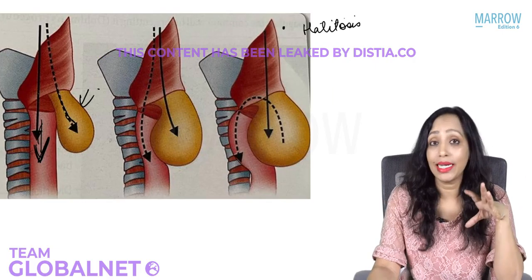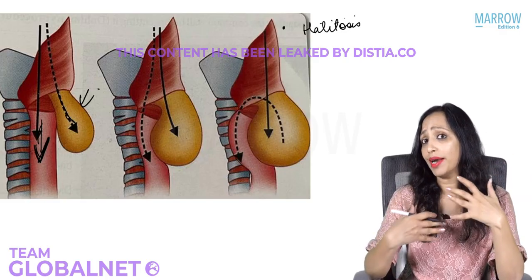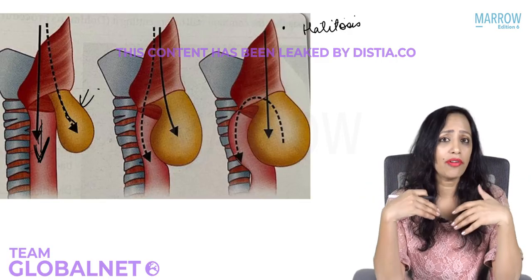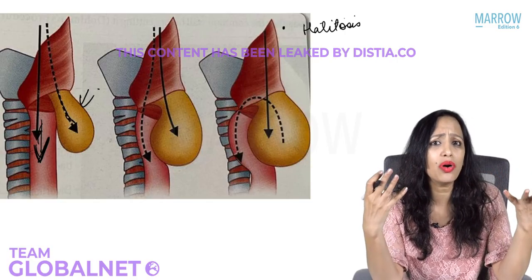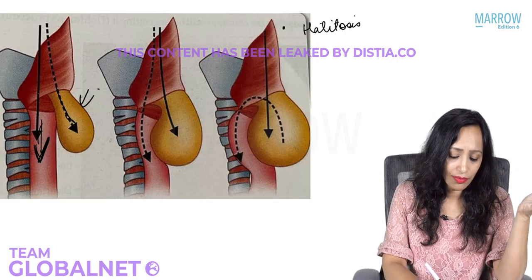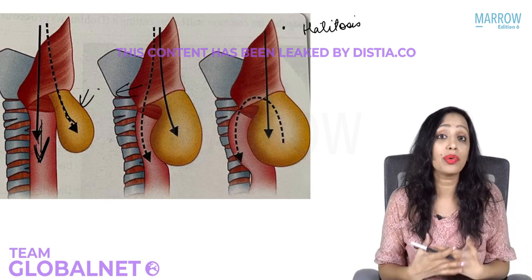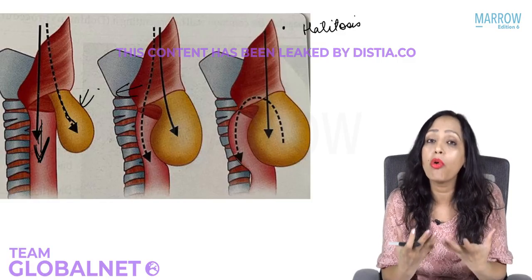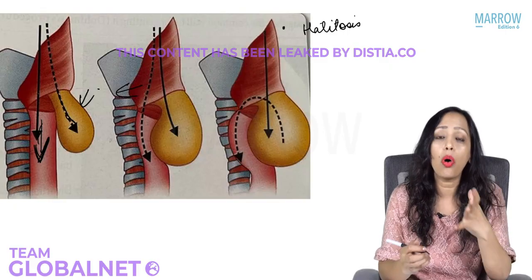Also, when the food is collected here, whenever the patient lies down or otherwise also, the food might get regurgitated, and when the patient lies down, then this regurgitation will be high. So there will be a lot of regurgitation of food, and where will it go? Here we have the larynx, right? So it will go into the larynx. It will lead to recurrent laryngitis. It will lead to recurrent hoarseness. It can go into the lungs, leading to recurrent pneumonias. It can lead to lung complications, lung abscesses. So it can lead to all these complications.